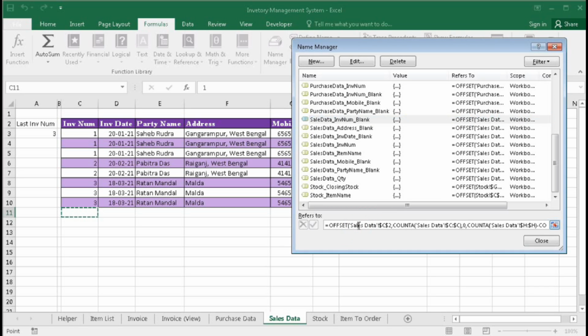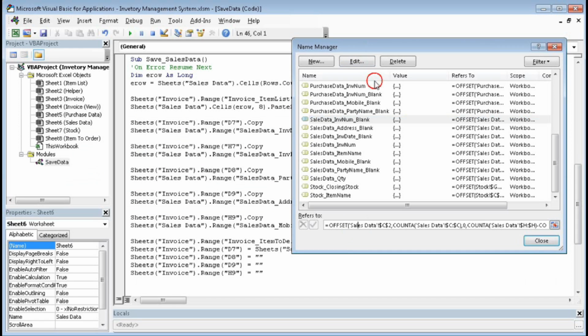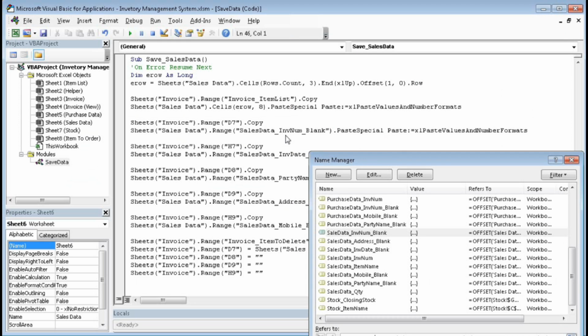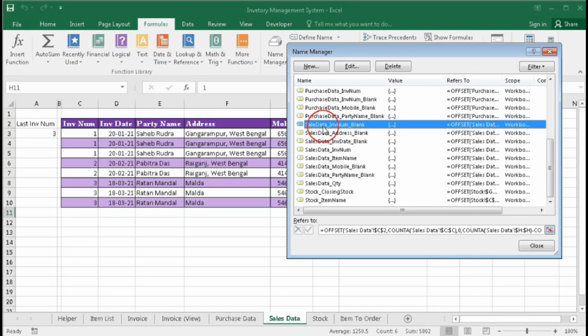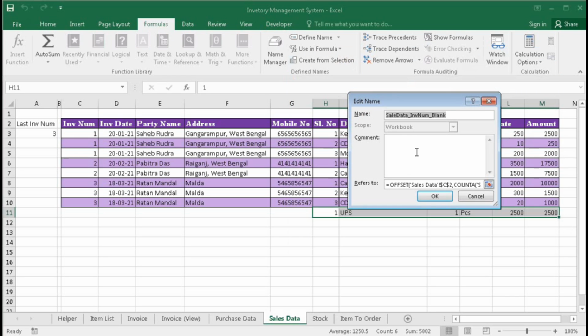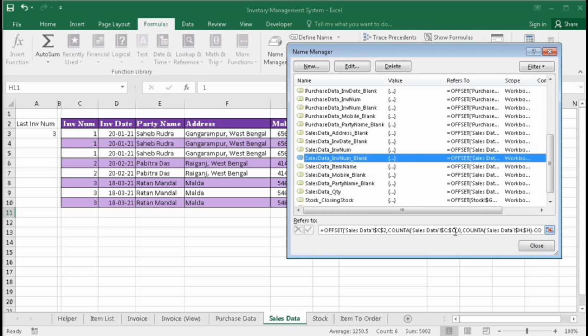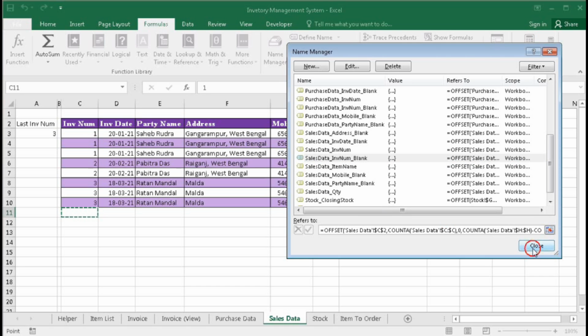So we got it here, sales data INV name blank, and here it is sales data INV num blank. You can see here the name is different, it is sale. So here it should be sales. Yes, okay. Let's check another. Okay, everything is okay.